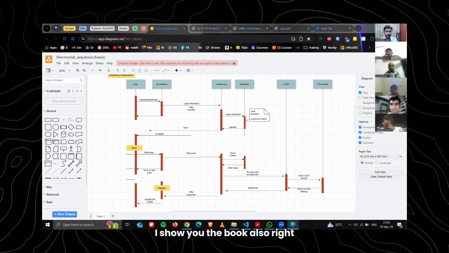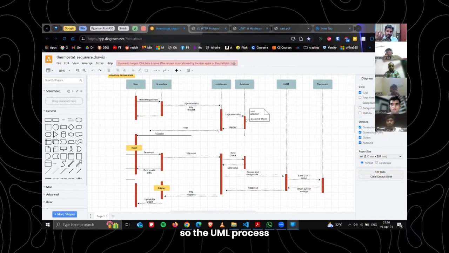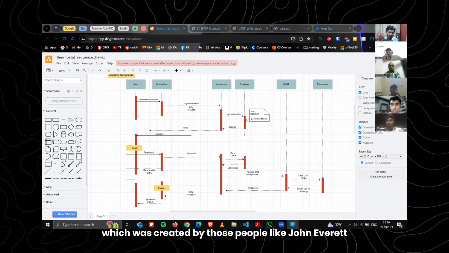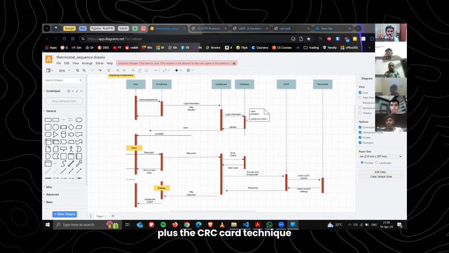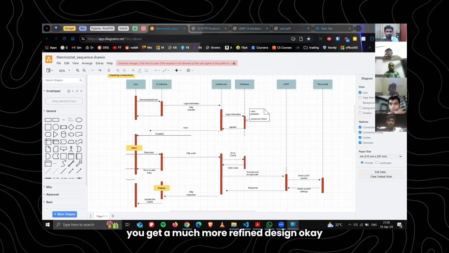I showed you the CRC card book also, right? So the UML process, which was created by people like Ivar Jacobson, plus the CRC card technique, when used together, you get a much more refined design.